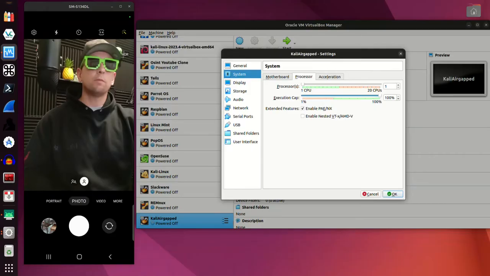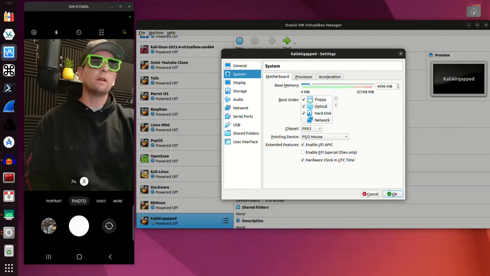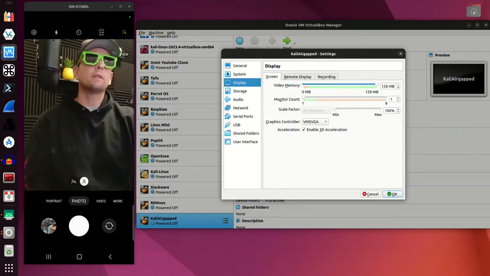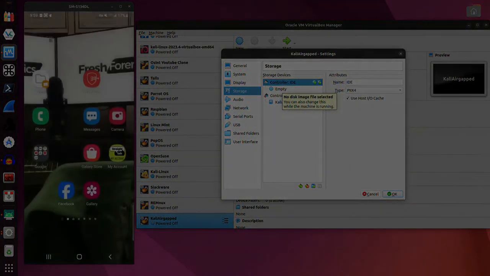If you don't have enough CPUs, you're not going to be able to do this, but I definitely want to increase it from 1 to say 4, and then I will click on display, and I'm going to increase the video memory size all the way to 128 megabytes, and I'm going to enable 3D acceleration. And the next thing is click on storage, come over here under storage devices, under controller IDE,